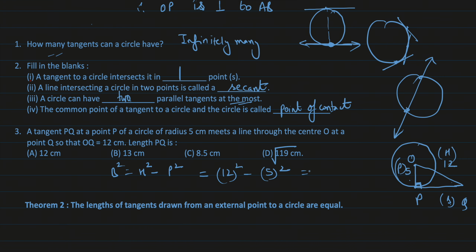So what will it be? 144 minus 25. So that becomes 119 and it is base square. So when you remove the square, it will be square root of this. So that's the answer. Square root of 119 centimeter. I hope that's clear, students. Okay. Now let us move to